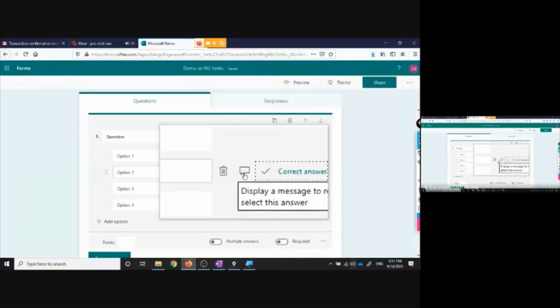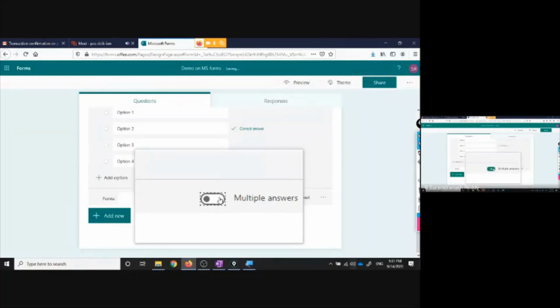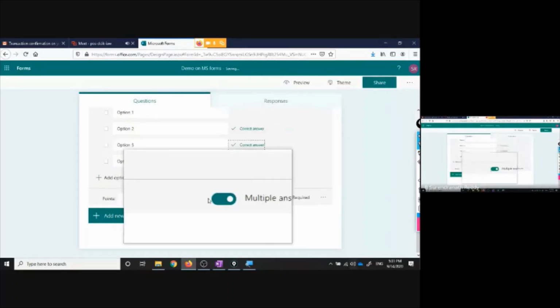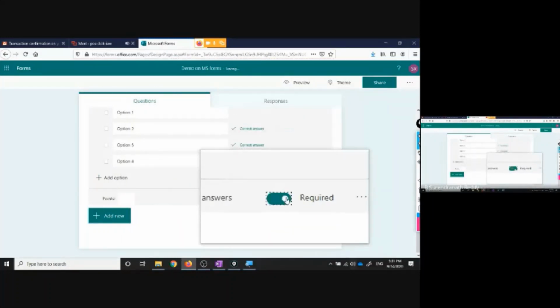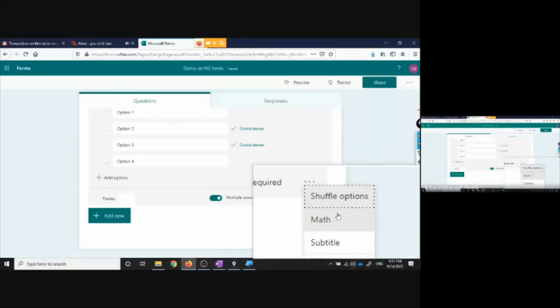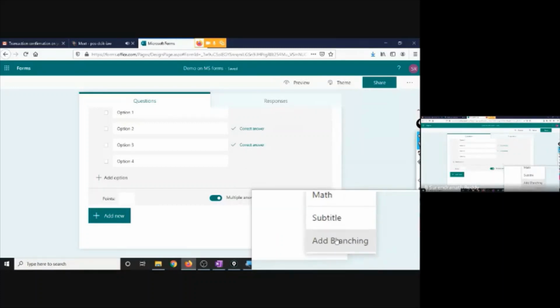Then as I said, if you come a little down here, multiple answers. If I select this, then this same question will turn into multiple answers. I can select more options as correct answers. Whether that question is compulsory or not, that is understood. What is extra here is that you can of course shuffle options. This math is available, and branching is available for each and every question. Whereas in Microsoft Forms and Google Forms, branching is available only from section to section. Whereas here, for each question, if you want, you can put branching. If something is true, then only they will go to the next question. Otherwise, they can skip that question and so on.